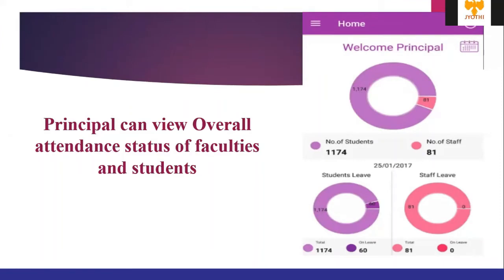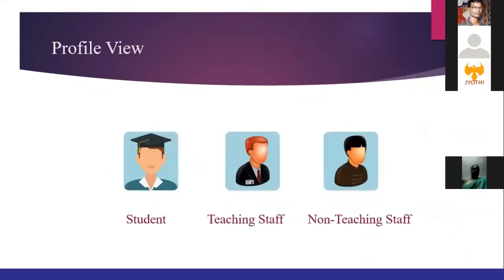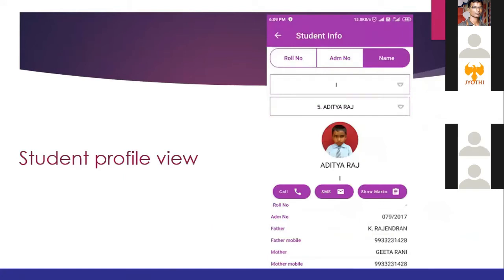So this is the principal app dashboard. The principal can view how many students they have in the school, the number of staff and the number of students. As the teachers are entering the attendance, the principal can view the absentees list in the dashboard itself. Next, principal and teacher can view the student profile. The principal can view the teaching and non-teaching profile. When they log in, they can see these modules. This is the module icon. So this is the student profile.